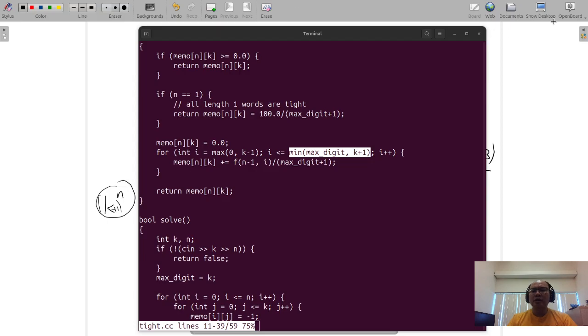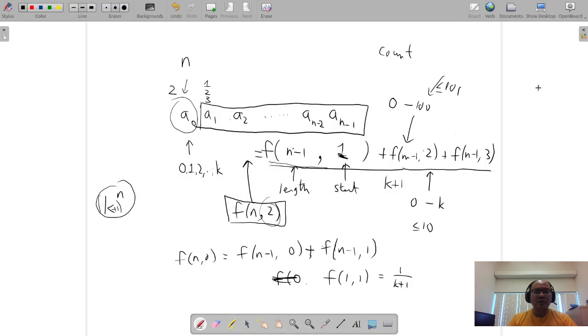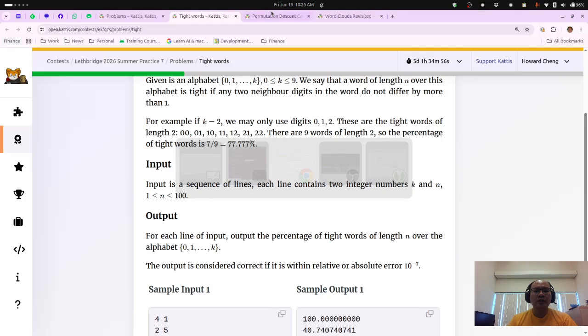So a lot of times when it comes to combinatorial things, like when you're counting how many type of objects fit a certain pattern, it's quite often the case that you want to do things recursively by thinking about how to chop off the first one or the last one and then recurse, and then hopefully you'll recognize that the recurrence relation doesn't have that many different input parameters, and then you can use dynamic programming. Okay, next one,